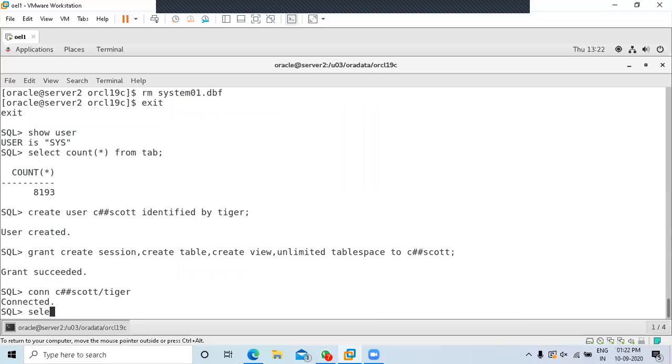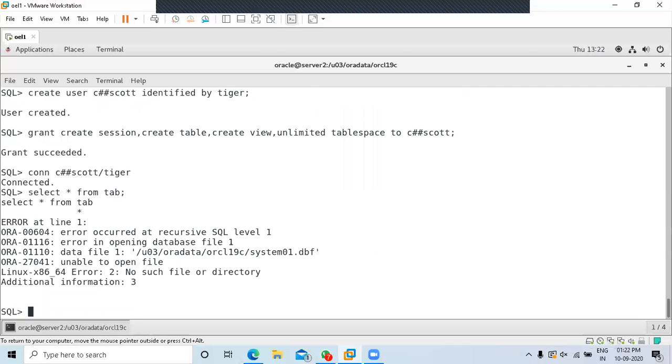It's working, but eventually it will crash. Select star from tab. See, we got an error. Somewhere down the line, it will get shaken up.